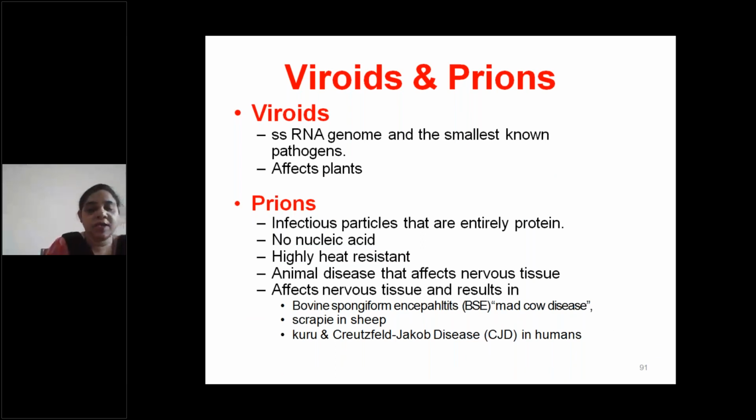Last one, viroids and prions. What are viroids? They have a single-stranded RNA genome and are the smallest pathogens, mainly affecting plants. Prions are infectious particles that are entirely protein and non-nucleotide, highly heat resistant. These prions usually cause a number of infections and mainly affect the nervous tissue. Example, bovine spongiform encephalopathy, also called mad cow disease, scrapie in sheep, kuru, and